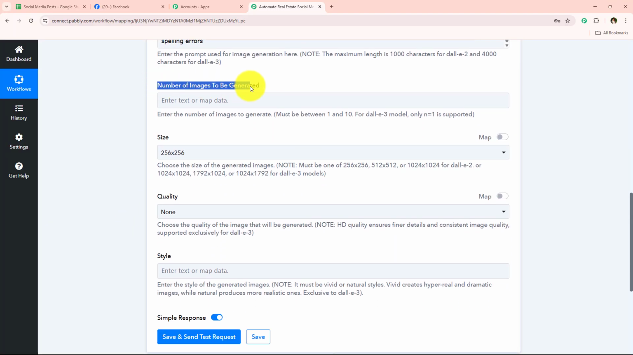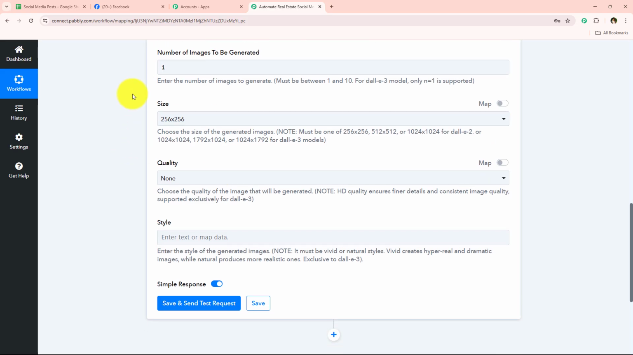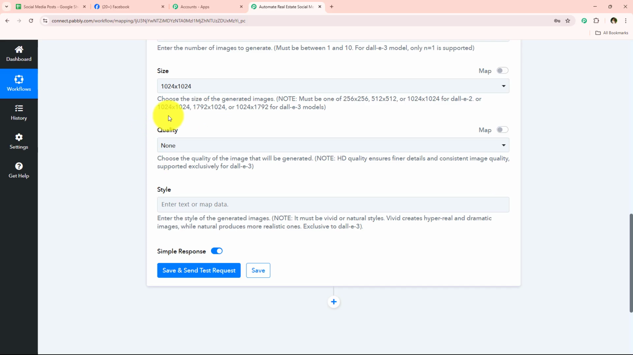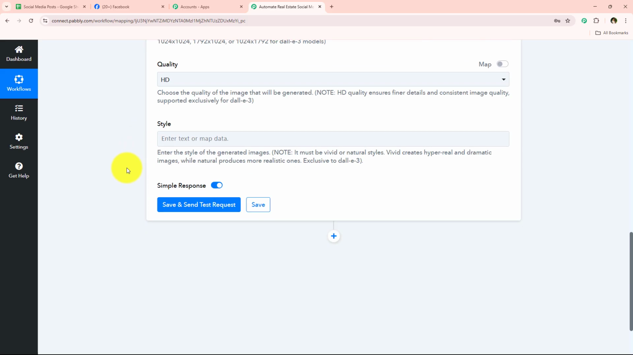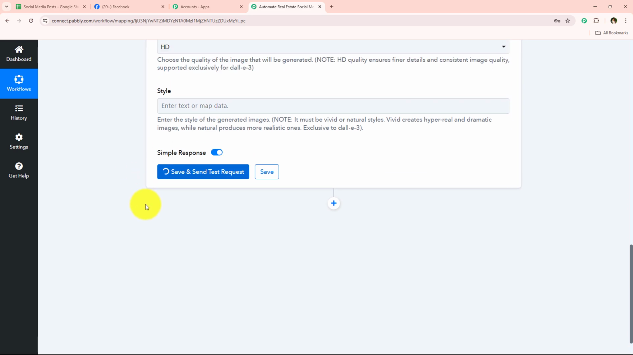It is asking me number of images to be generated. So for that, I'm just going to keep it as 1. And now it is asking me for the size. So I'm simply going to select my desired size. You can select your own. Now it is asking me for the quality. So I'm just going to keep it as HD. You have to select it according to yourself. And now it is asking me for the style. So if you wish, you can definitely add a style right over here, but this is not the required field. So I'm just going to leave it as blank and click on this blue button which says save and send